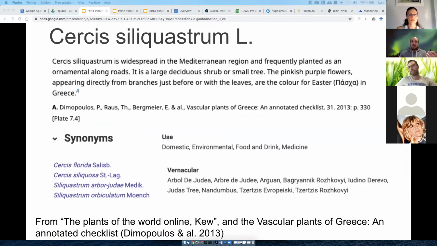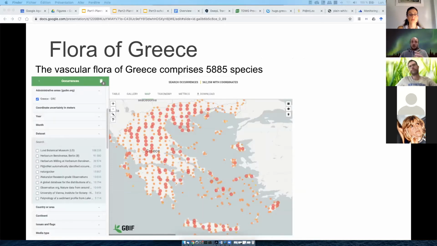And so the name of the species, the Latin name, allows access to the species description in various languages, to know all the synonyms of that species, the different usages, the protection status, and to access all the vernacular names of that species in different languages. So all the information collected in the past has allowed us to record just less than 6,000 plant species for the